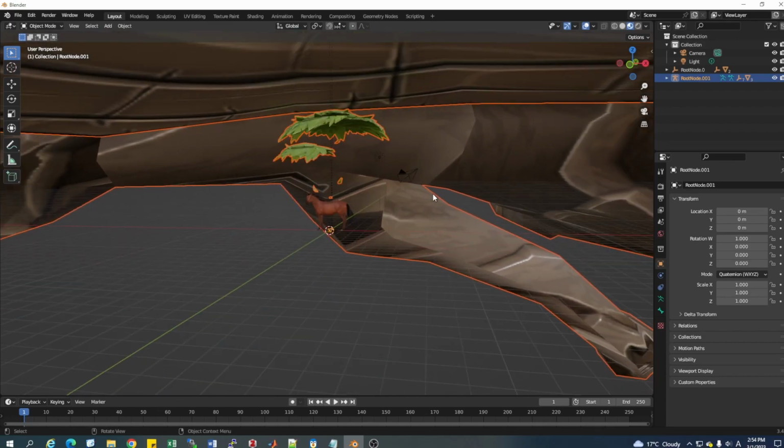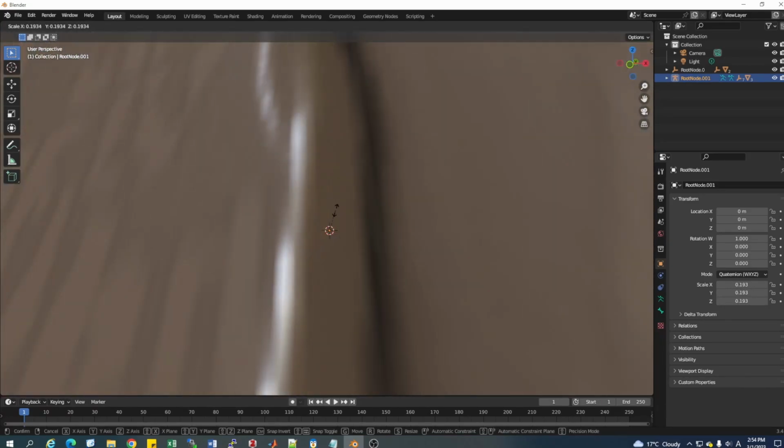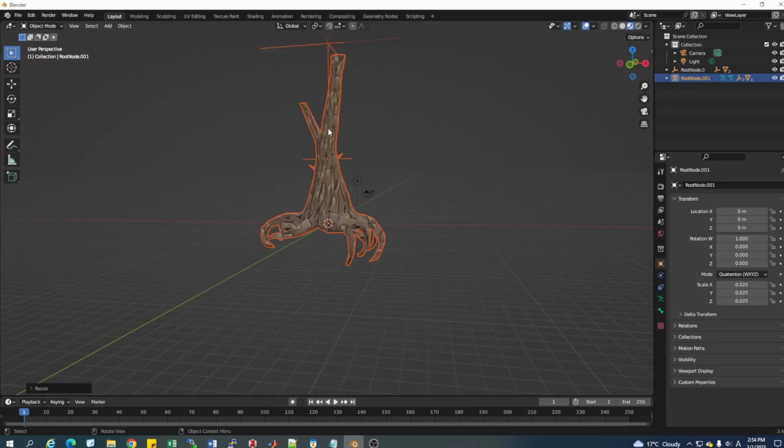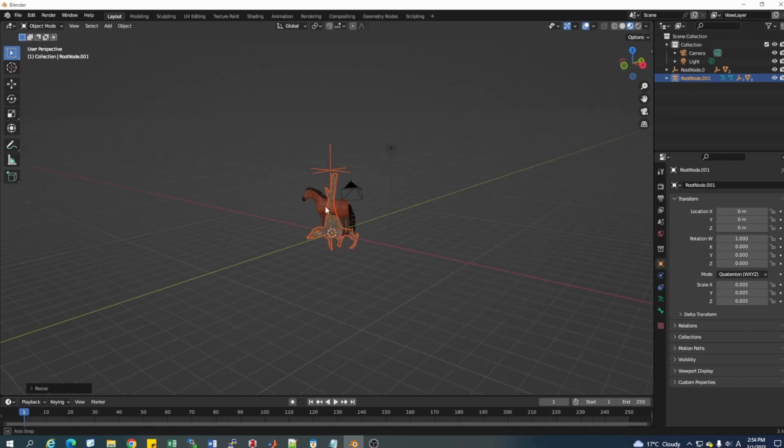yeah, we have to scale it down. Okay, it's too high. Yeah,